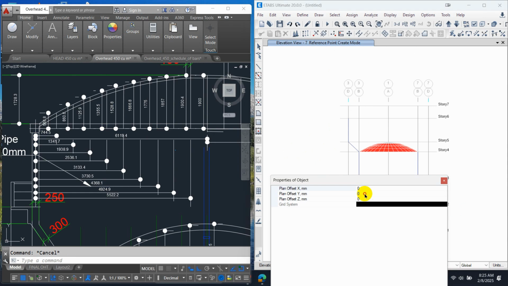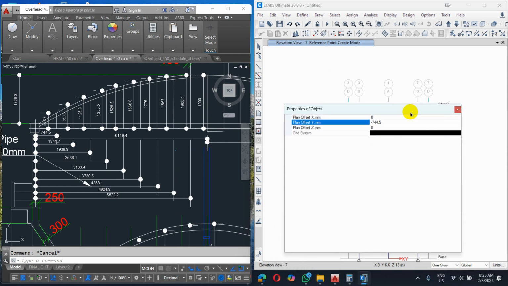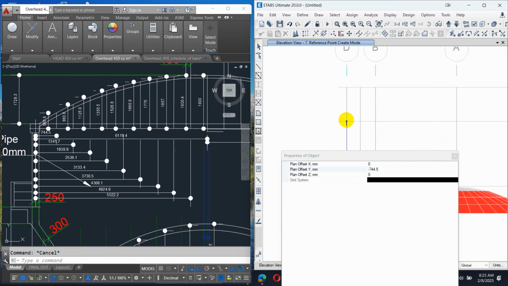I'm going from grid 33, then I have to go for negative 744.5, then 1341.5, then 1938.9, then 2536.1, then minus 3133.4, then another one minus 3730.5,